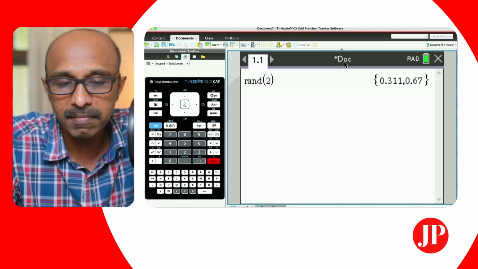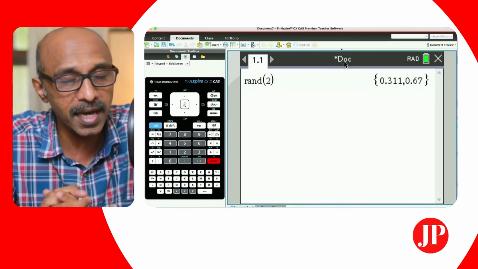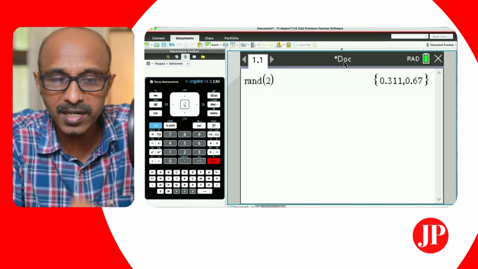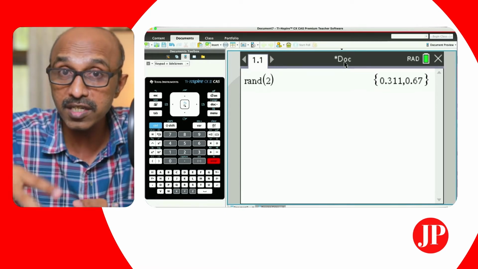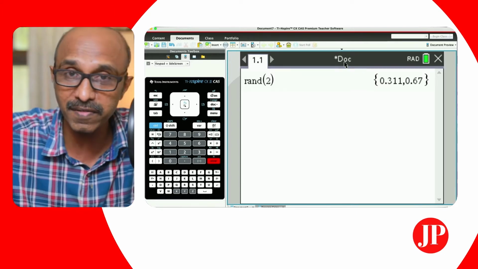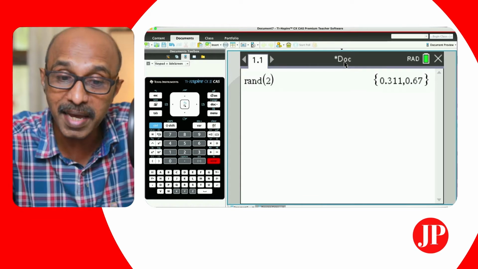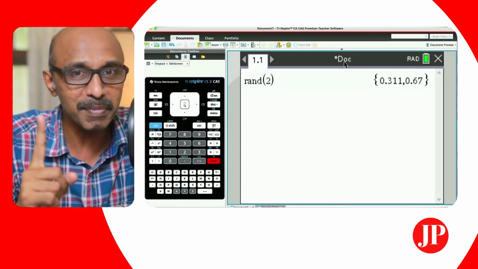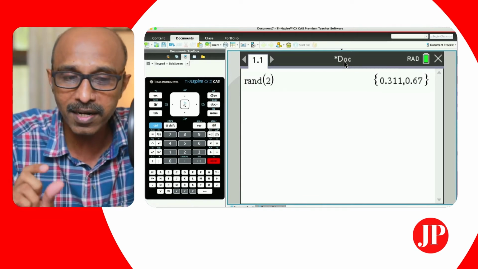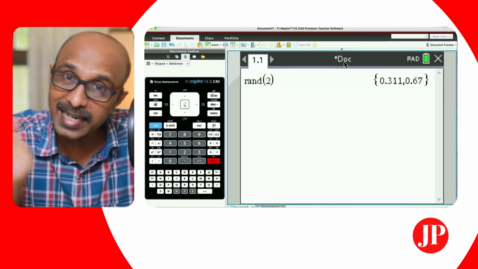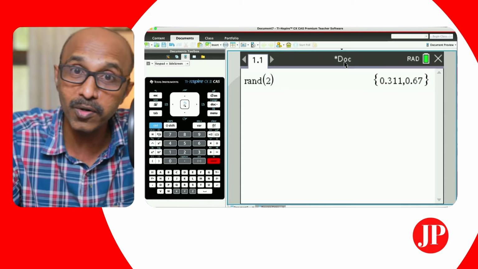Seed means that, if you do not seed the calculator, and two new calculators are purchased, it is possible that when you hit random, if your teacher in class says, okay, there's some activity going on, and suddenly you realize that seven different people are getting the same random numbers again and again, that means the calculator was not seeded. All right. So seeding actually means that you're giving it a certain number, and from that number onwards, the calculator is going to go random.